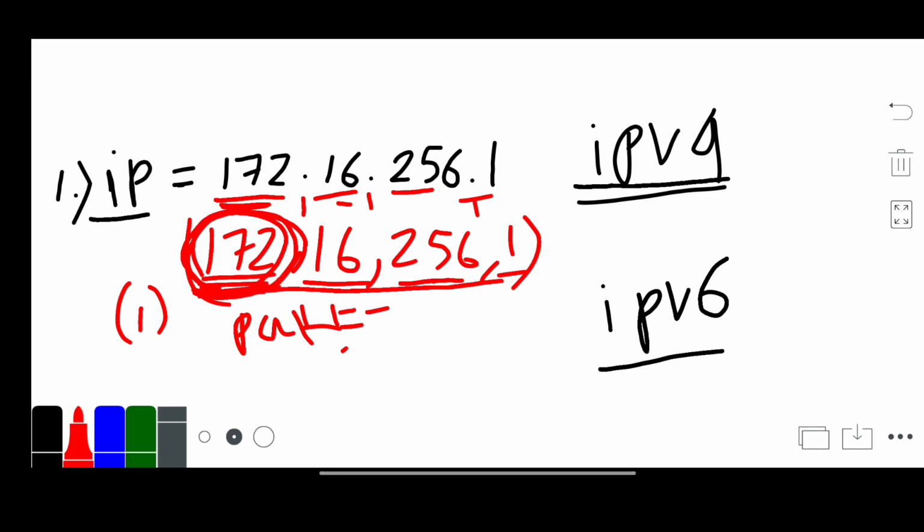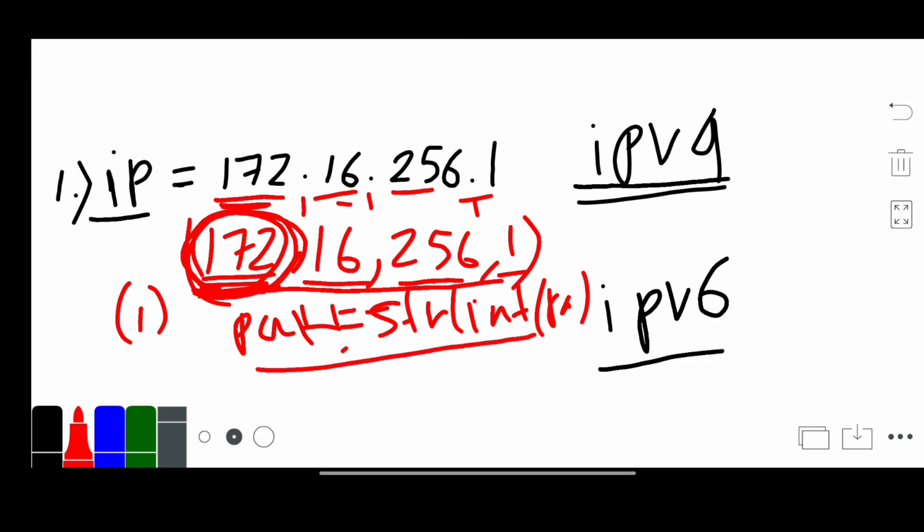And we will check another condition, that is if part is not equal to str of int part. It means if there is a leading 0, then if we convert it to an integer and back to a string, the leading 0 will be removed. So this condition is for removing leading 0.